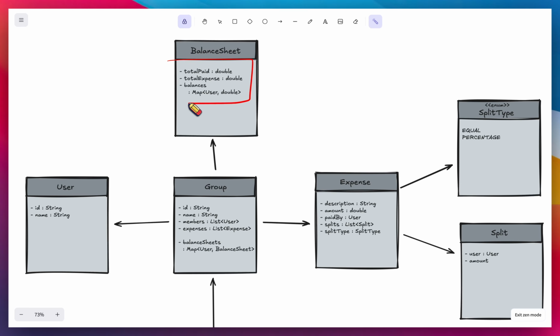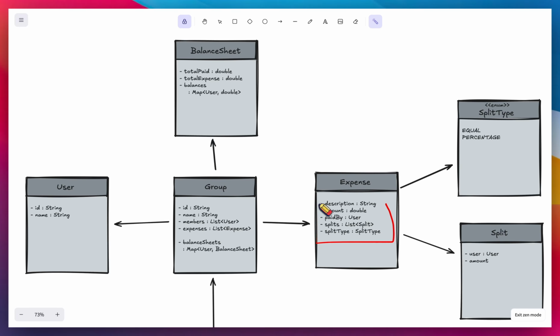So I hope you are understanding what these attributes are, and each group would have a list of users, right? So again, there is a has-a relationship between group and user. So user would have ID and name. Similarly, group would have a list of expenses. So again, there is a has-a relationship between group and expense,